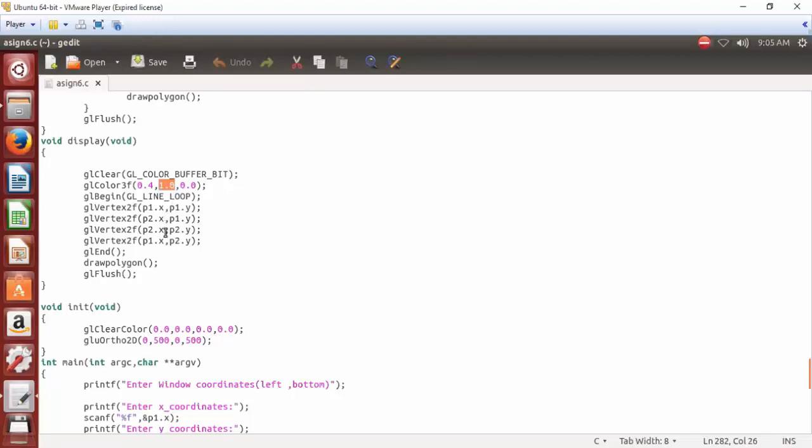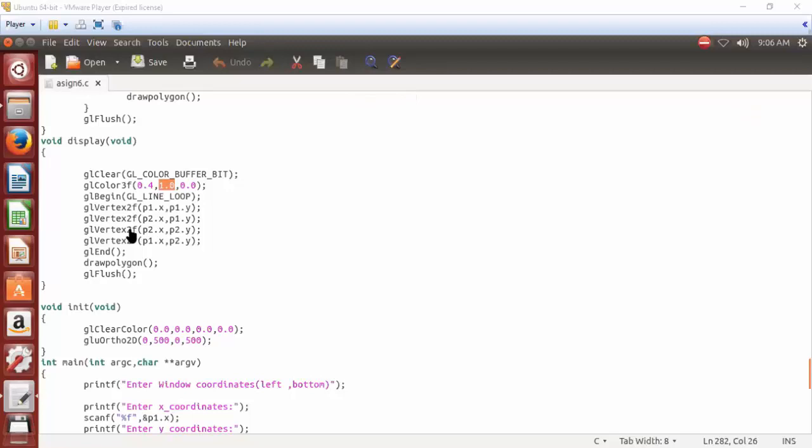So we are going to get this window. P1, P2 is our window. So the window color is going to be set as green. glVertex2f, that is you are going to draw a line from P1.x, P1.y to P2.x and P1.y. Then P2.x, P2.y, then P1.x, P2.y. So that will draw the 4 lines of your window.